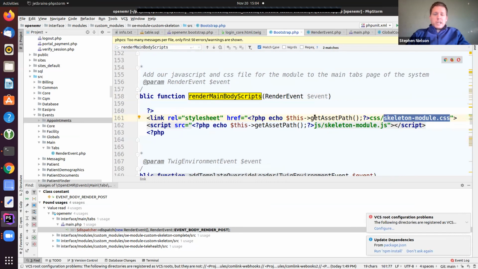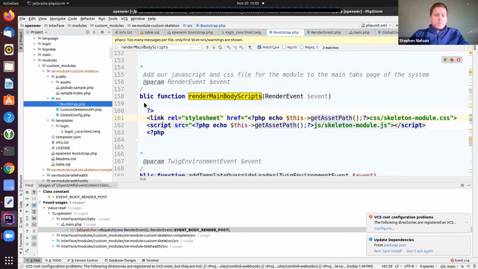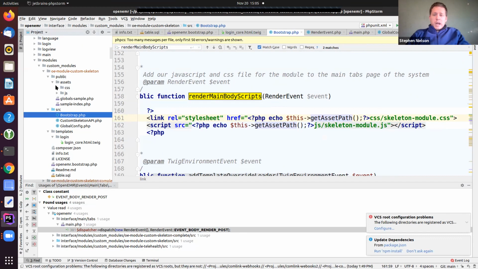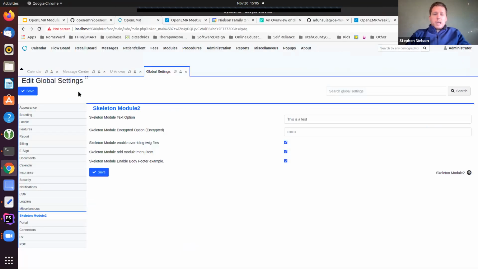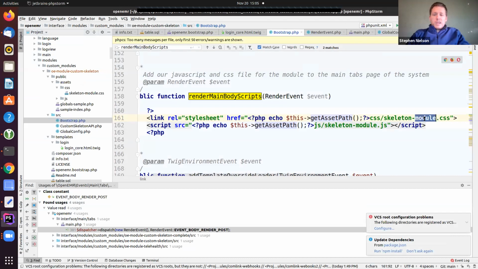So this has a little helper method to say, go and grab the path, right? Which is going to pull in this public directory, in this assets folder, to this custom modules folder, public assets, right? And then I'm going to say, I want you to load at the bottom of that page my module CSS file. So if I wanted to restyle everything about this window and all the outer iframes and all of that stuff, I can do that right here with my CSS file.